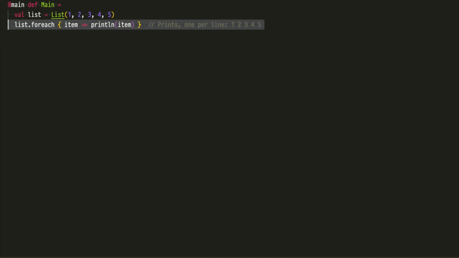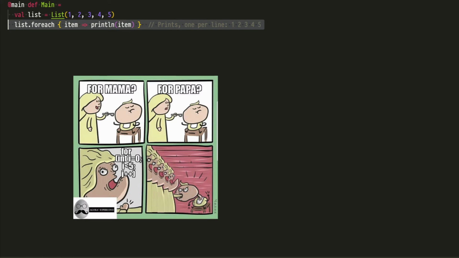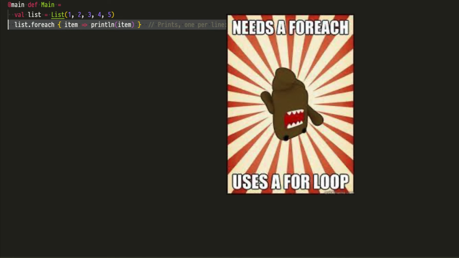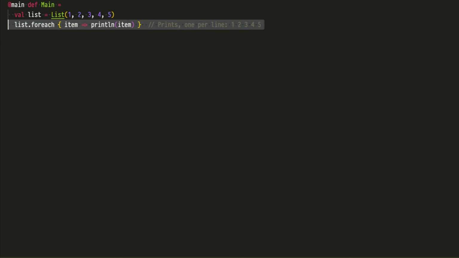You may be familiar from other programming languages with the for loop. In Scala, the foreach method replaces the traditional for loop. Besides executing logic on every element of the list, you can transform lists into other lists. In Scala, lists are immutable, which means they are unchanged once defined. This means to transform a list, you need to create a copy of the list, and the original list remains